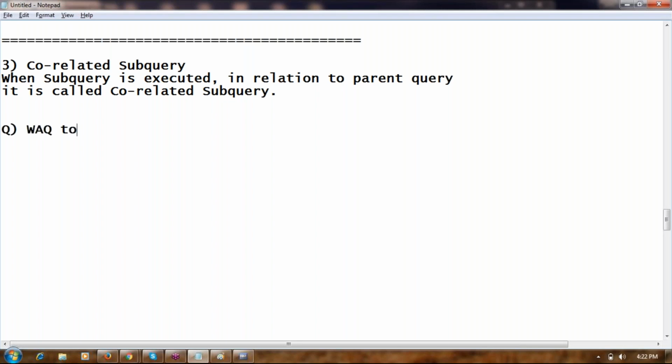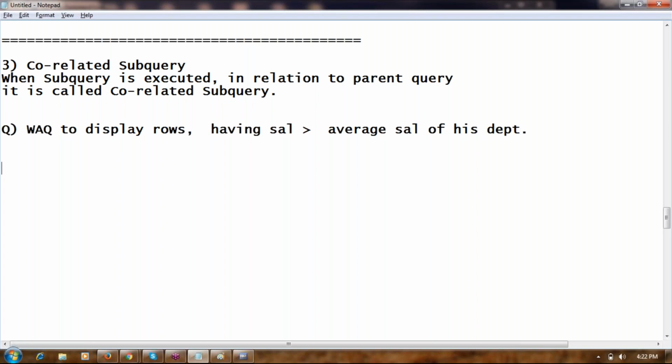Write a query to display the rows having salary greater than the average salary of his department. Understanding the question is very, very important.